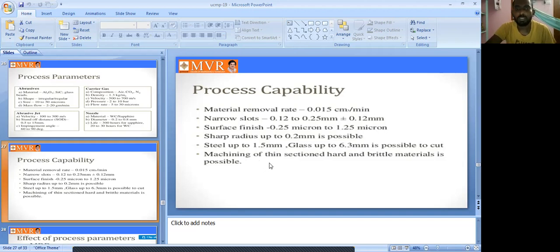Okay, so the machining of thin sections and hard and brittle material is possible. The hardened brittle material also we can use in this abrasive jet machining process. By using this method we can do machining operations. It is one of the very important features of the abrasive jet machining process. Very brittle material can also be machined, even material with cracks, using the abrasive jet to remove metal from